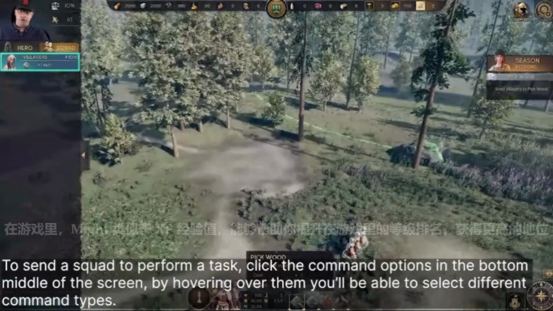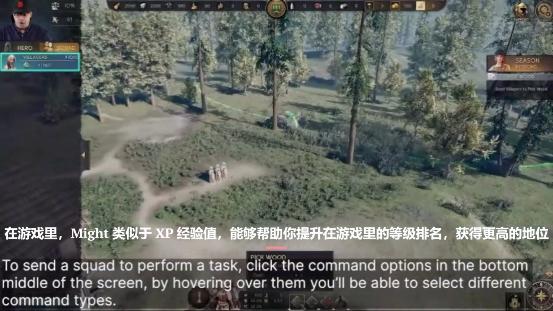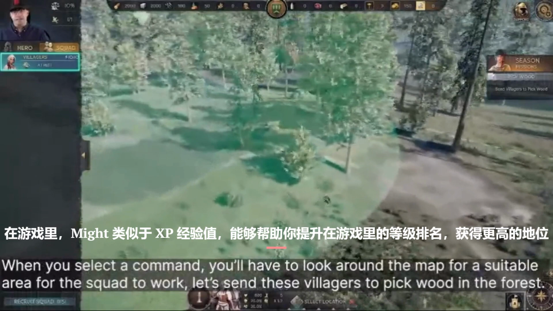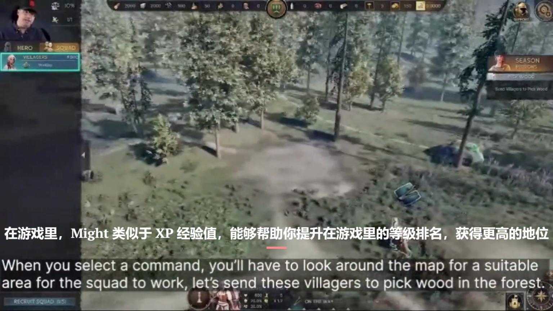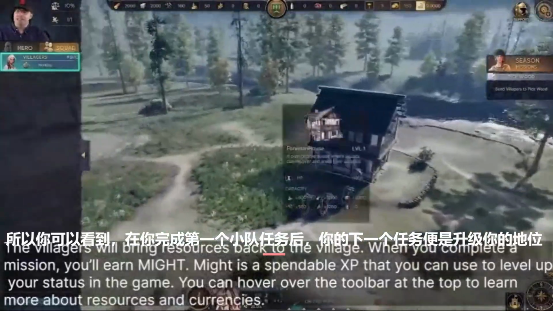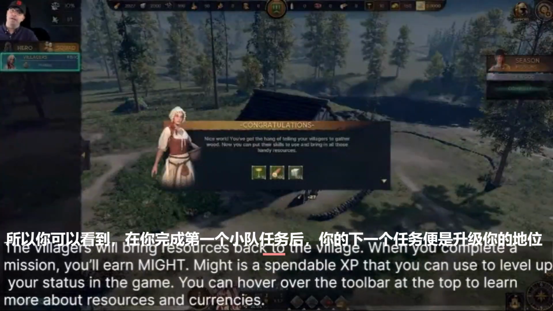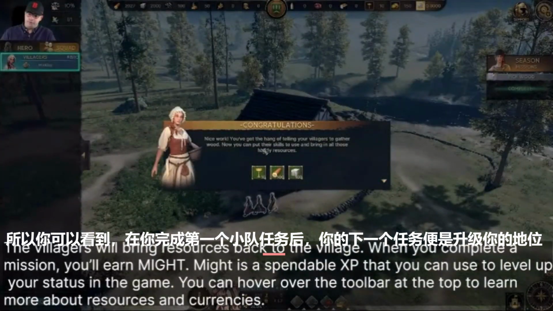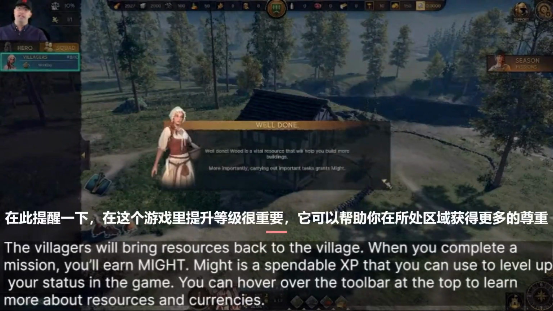This is all about teaching you how to play the game. We're not too focused on maximizing the output for now. One key thing here is that completing tutorial missions will grant you might. Might in our game is close to something like XP. It's how you upgrade your rank inside of the game and how you gain a bigger status. So as you can see, after you finish the first squad mission, your next mission is to